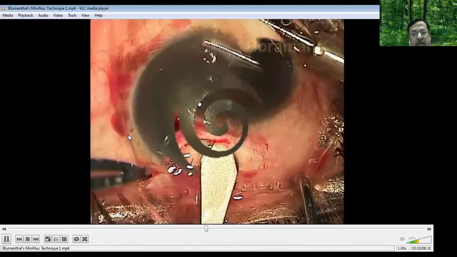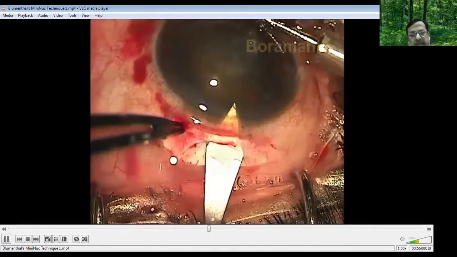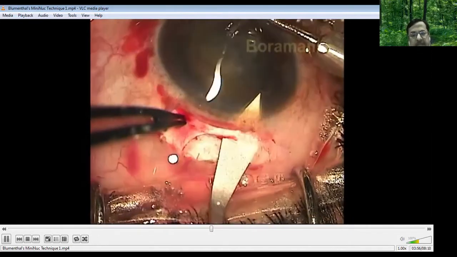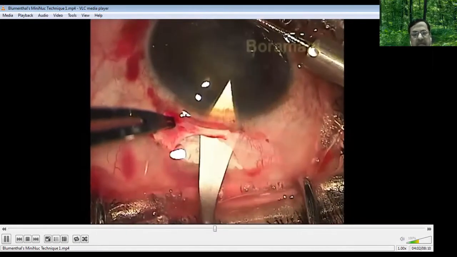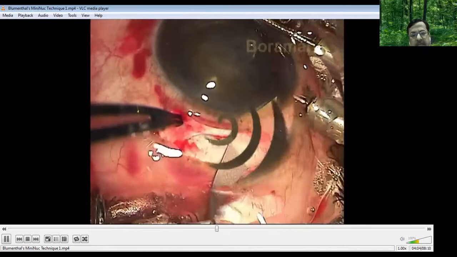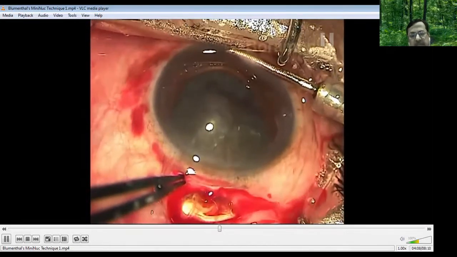Now with the keratome, like I said last time, this keratome blade should be parallel to the iris. Enter and do the cutting when you are entering inside. So this way expand it, now this is the internal incision. Now you can see, in spite of the internal incision, whatever bleeding is there in the scleral tunnel is continuously coming out.